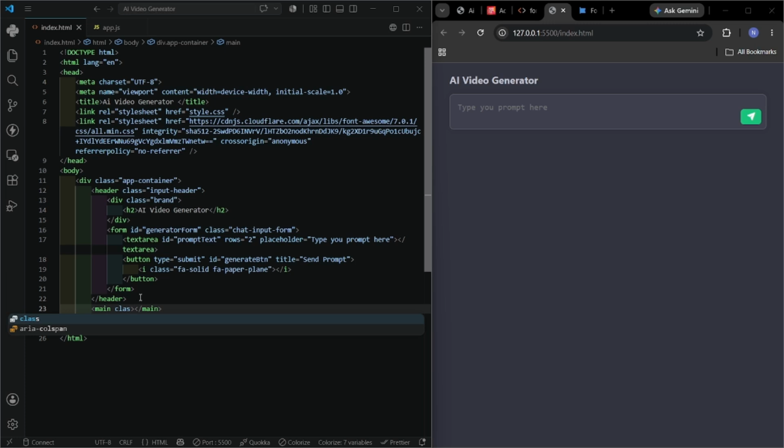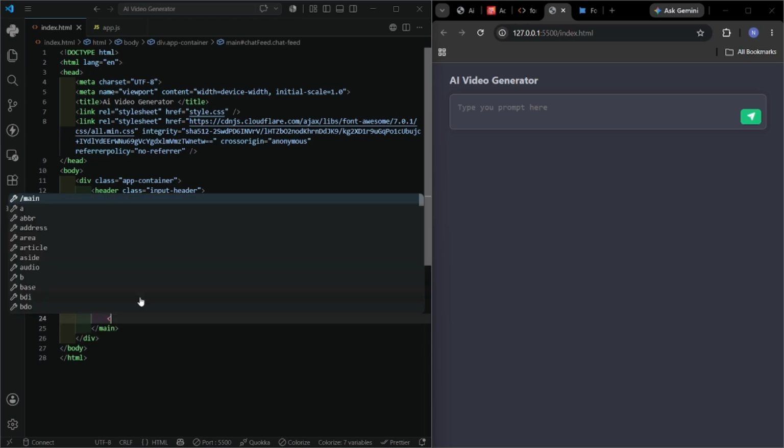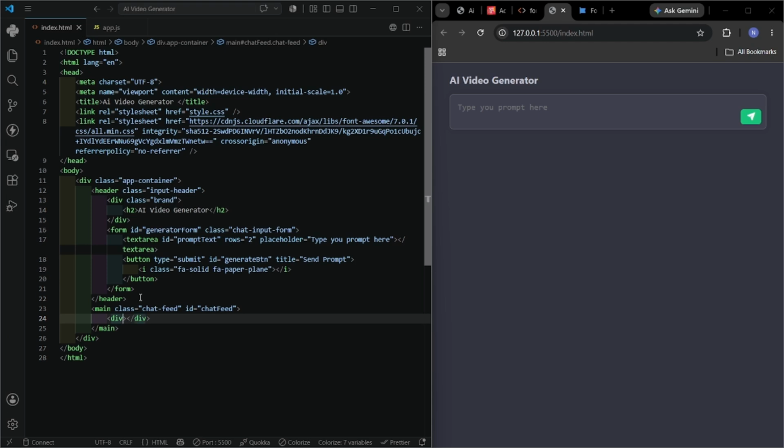So we'll give it a class chat-feed. Here will be the feed, whatever you prompt. Then I'll give it an id chat-feed. Inside this main I'll give another div with class welcome-message. And also I'll give it an id, because we will be appending all the videos here itself. So it will be